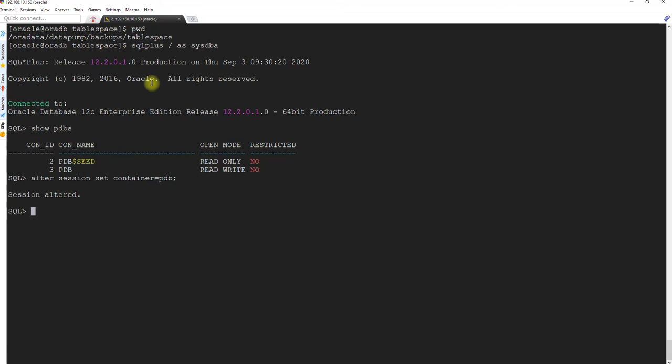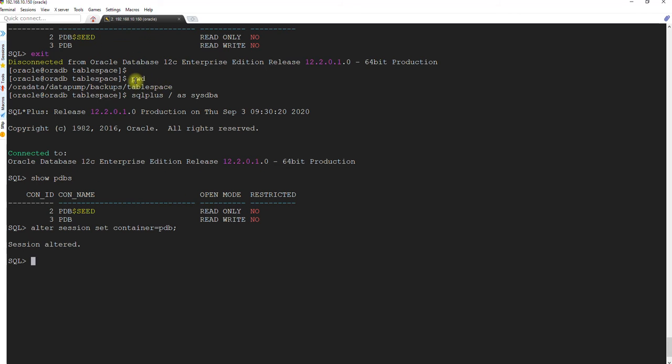Directory objects, as we all must be knowing from the earlier lecture, or for whoever is joining directly, a directory object is an object which is kind of a logical value which resides in the database. Whatever name we provide will be directly mapped to the physical location, so that we can refer to it during the expdp.